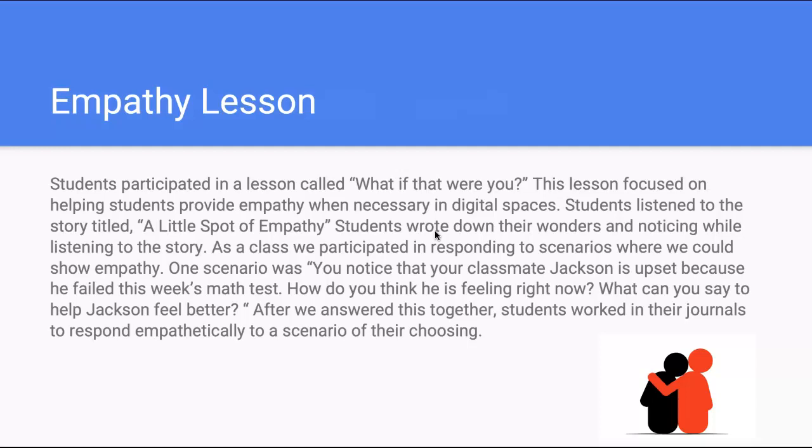In the conversation, students brought up things like, at this time, it would be good to tell Jackson how smart he is. It would be good to tell Jackson what he can do better on the next portion or when we do our next exam. And we said we would not say things like, I did better than you. We would not try to be a show off if we had a better grade. This lesson helped further build relationships in our classroom while also fostering community and helping students show love and respect for one another in online spaces.